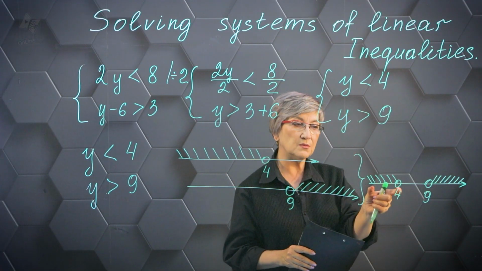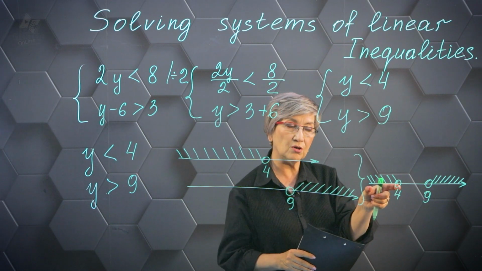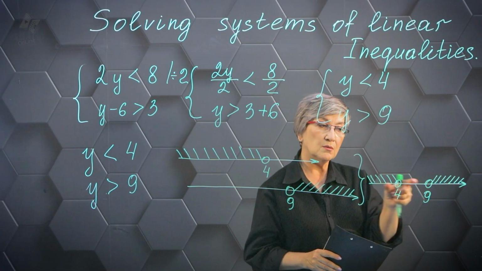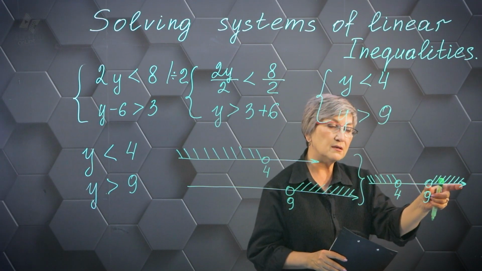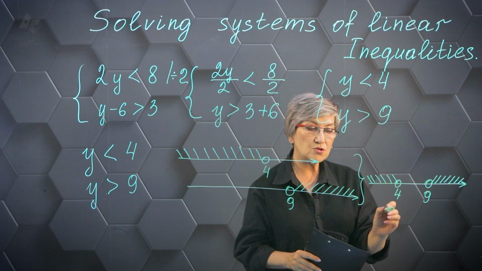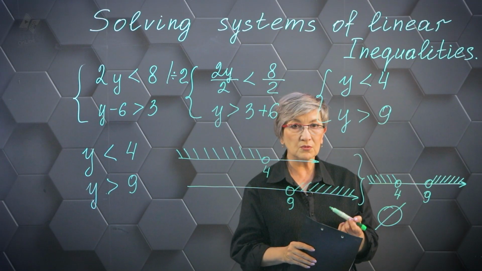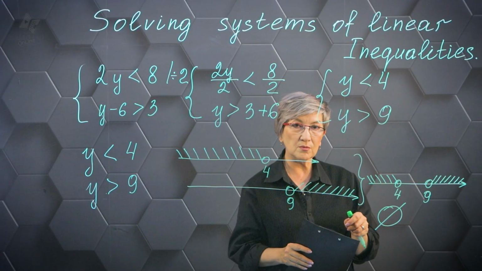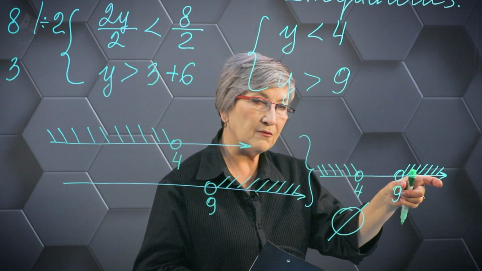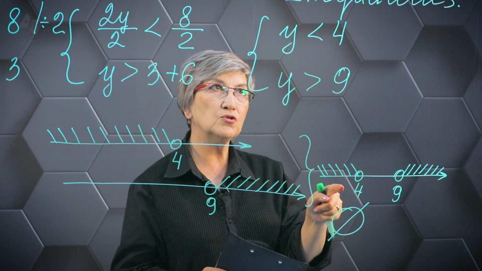And in this case, we see that the solution to one inequality is all values less than 4. And the second inequality's solution includes all numbers over 9. Yet, we observe that these solutions do not overlap. Therefore, I can conclude that our system has no solutions. Or, as it's said in mathematics, this is an empty set. What does this empty set mean? That in the first interval and concurrently in the second interval, I cannot find a number that is simultaneously less than 4